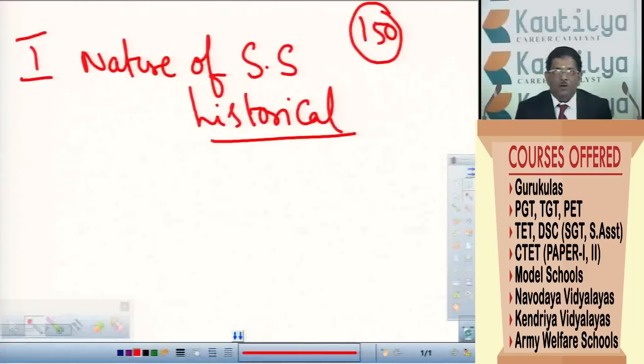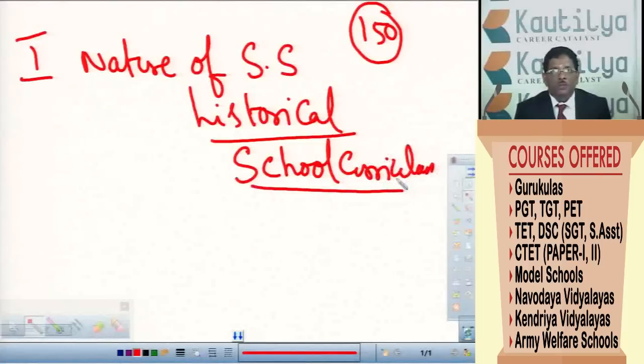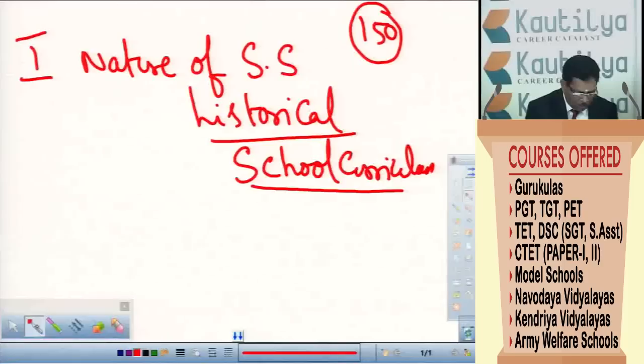How many parts are there, how many branches are there in social studies, and its scope, how all the branches are correlated to each other, you can study in this chapter in detail. So that's why what we call it as nature and scope of social sciences, historical development of social studies, and particularly with regard to school curriculum. In this topic, we can also learn about the different social scientists and their views about the social studies and its concepts. And second unit, which is followed by